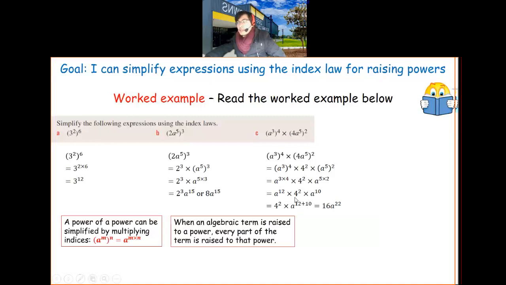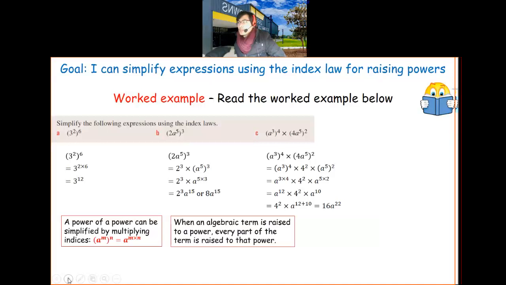And the 4 to the power of 2, you can leave it as 4 to the power of 2, or you can use a calculator and work it out. Or you know that 4 squared is 16. Okay, so this is the answer for this problem here. Again, if you'd like me to explain anything again, please let me know in the chat, and I'll explain that.